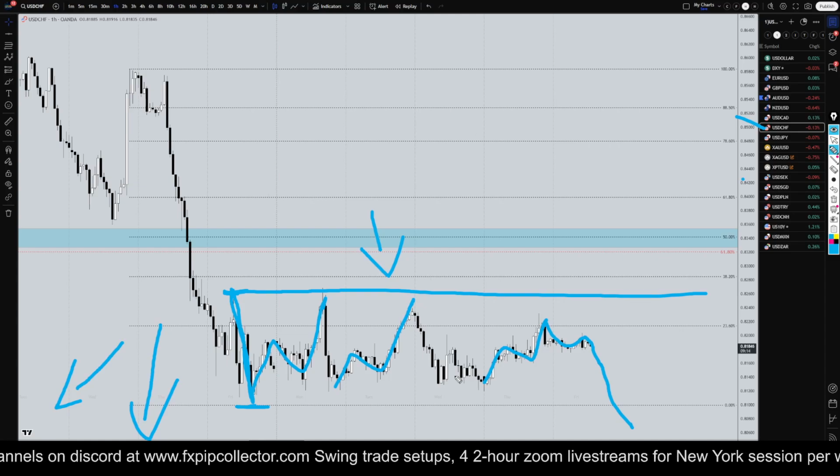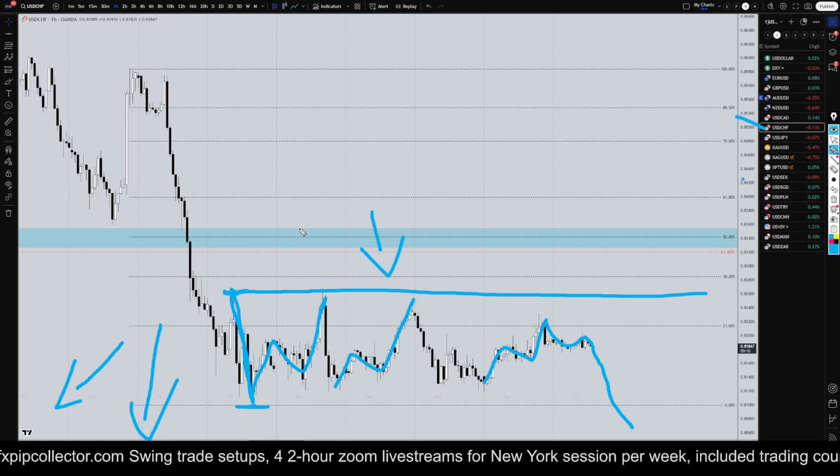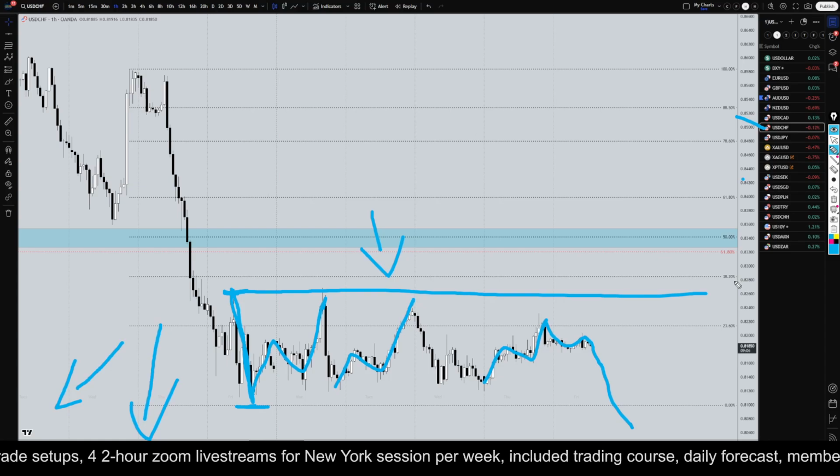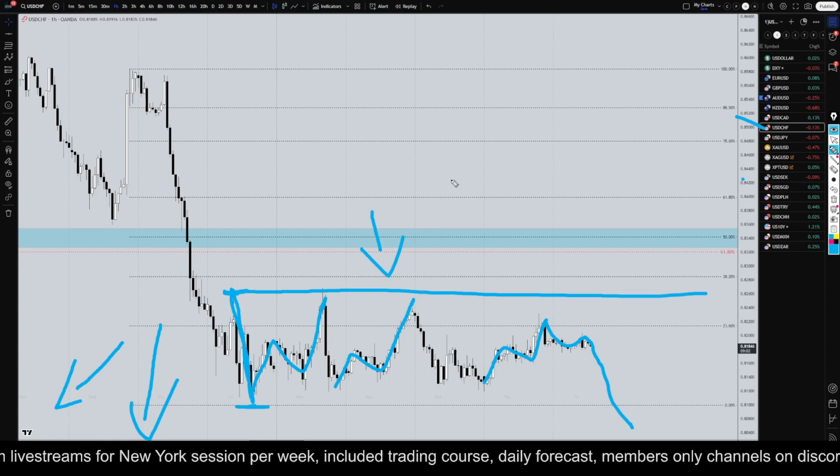After the break of structure and after the pullback that came after the break of structure, I would definitely start looking for longs. But as of right now, because we are still in a downtrend, even on the 1 hour time frame, I'm looking for nothing but shorts in a downtrend.